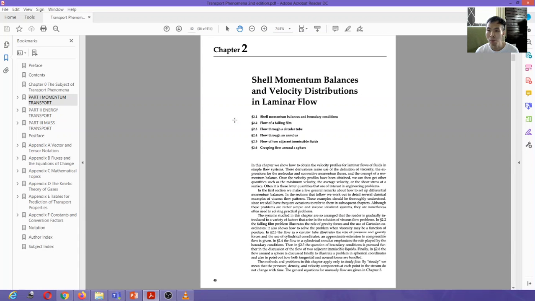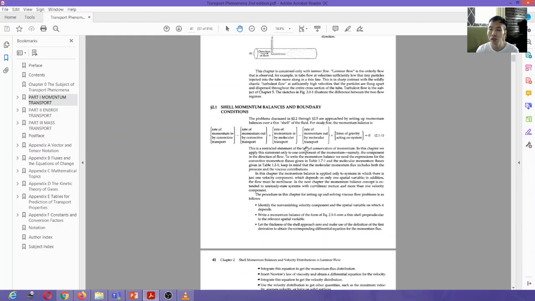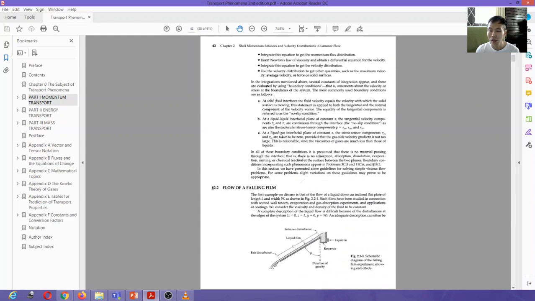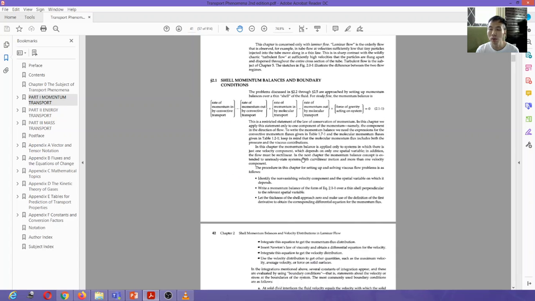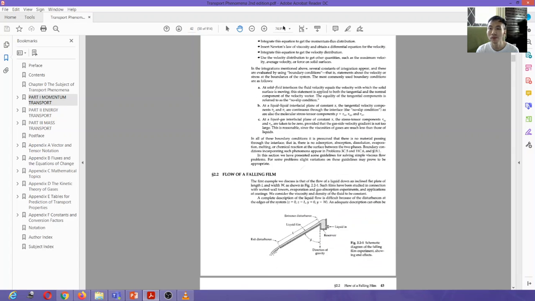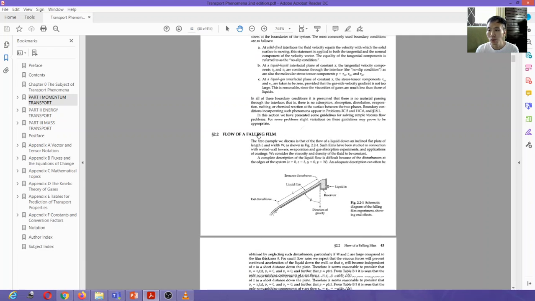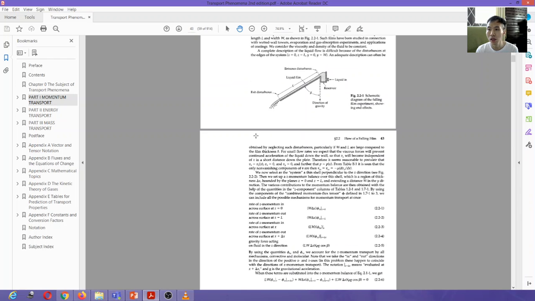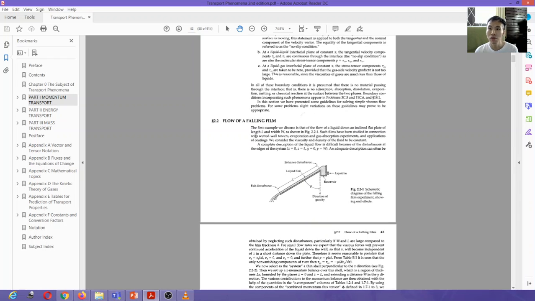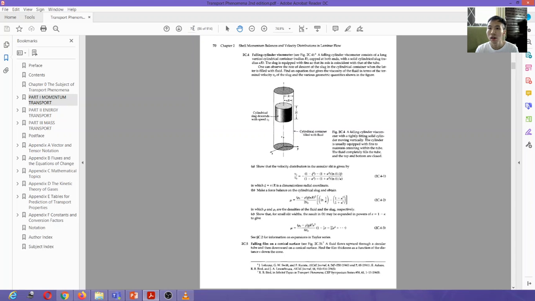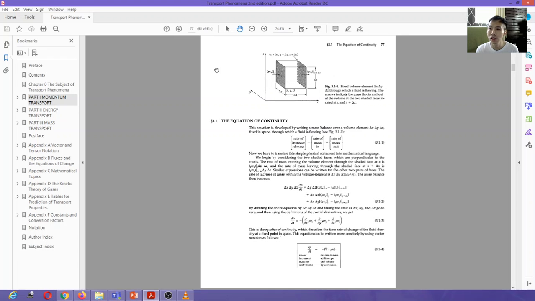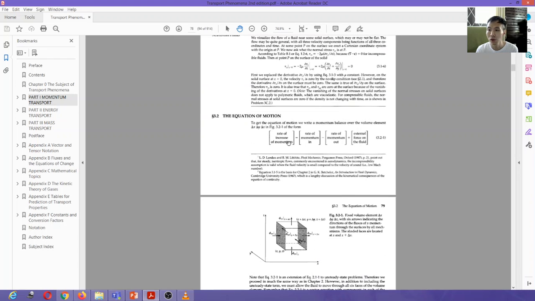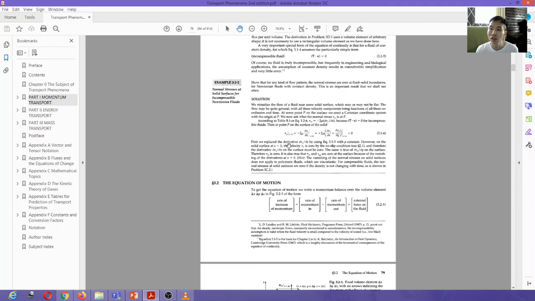The particular examples that I discuss are around chapter 2. You may want to look into the shell momentum balances and the boundary conditions. What I'm covering in momentum transport is the basic material. For those who are interested in situations where the velocity components get more complex, where you have two directions of velocity, you may need to use the so-called equation of continuity and the equation of motion. I will not discuss those